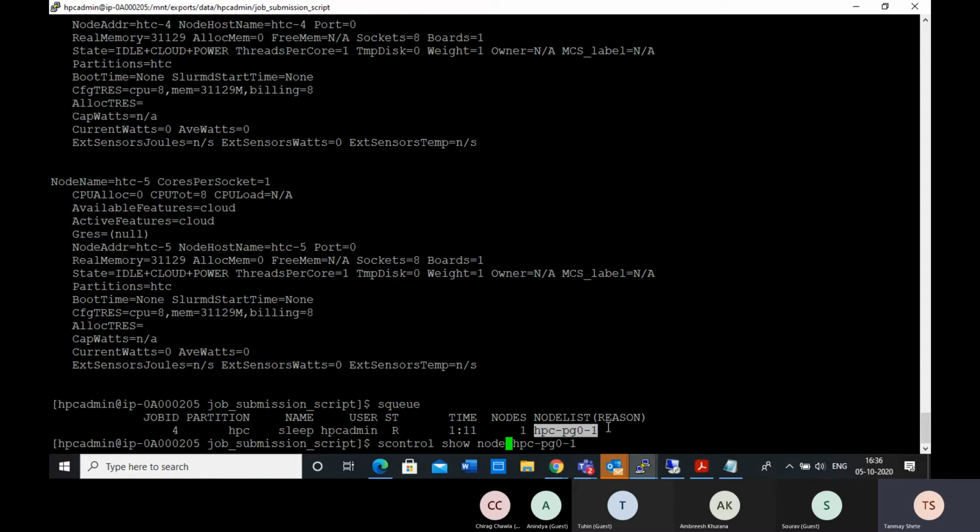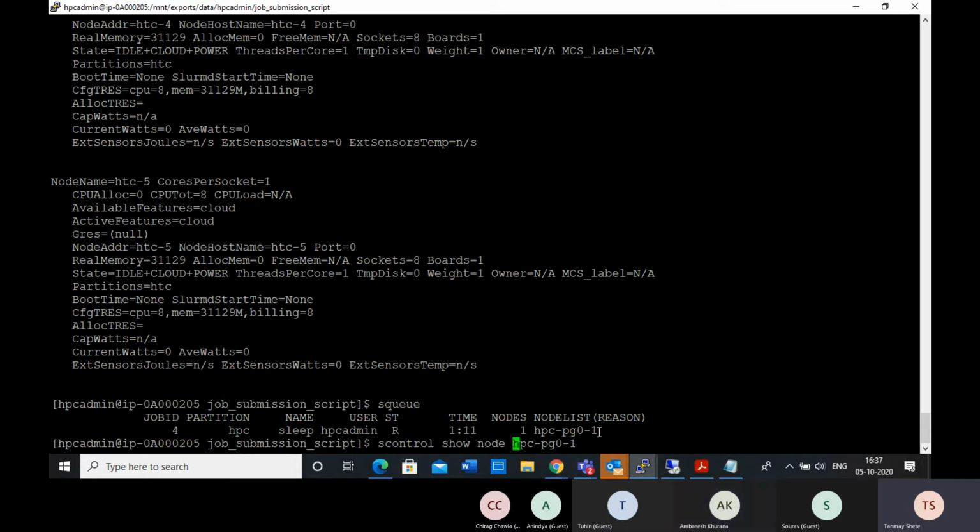After the node list, it will give a colon and then the number of cores. Right now I just gave, I think, one core. That's why it is showing that.